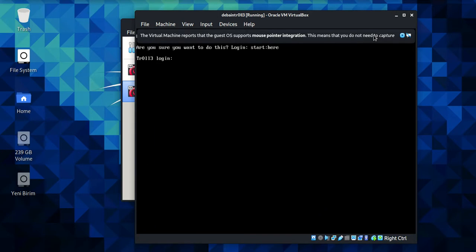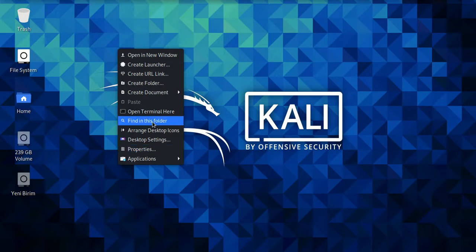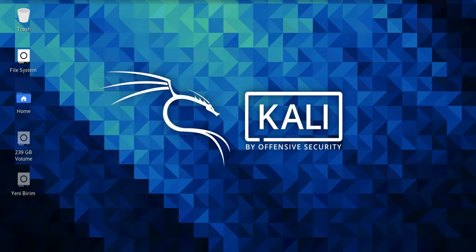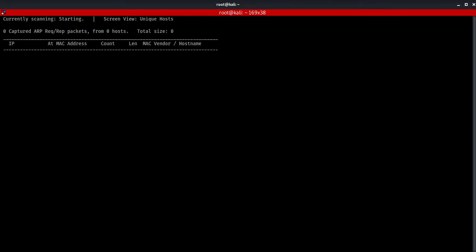So here we have some login information. The username is start and the password is here. But first thing first, we're gonna have to find out the IP address of our machine. So I'm gonna type netdiscover and specify my network interface, which is wlan0 in my case. I'm just gonna hit enter, and